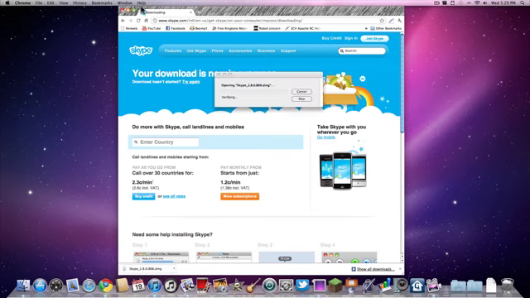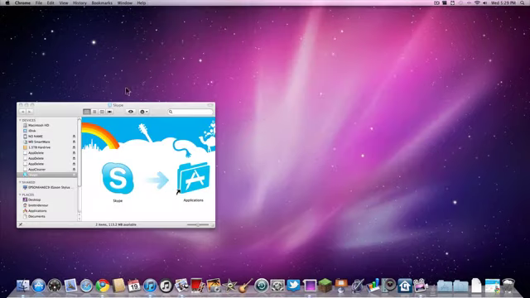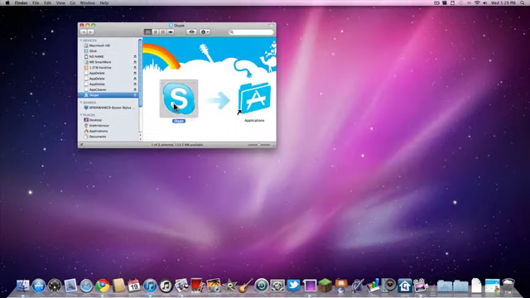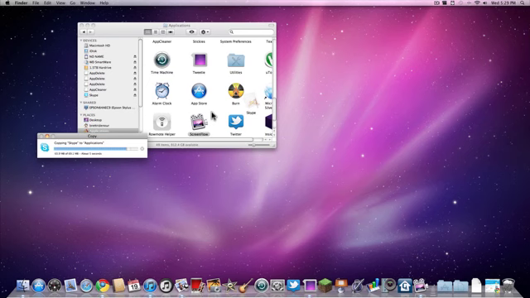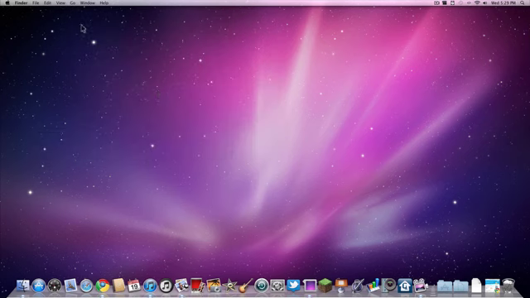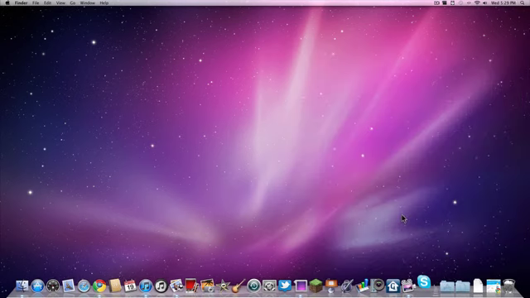You're just going to want to open that, and we can get out of the web browser now. So once this is open, you're going to want to pick up and drag Skype over to the applications folder. And it's copying, and it just copied. So now, when you go down to applications, you should see Skype. And you hit open